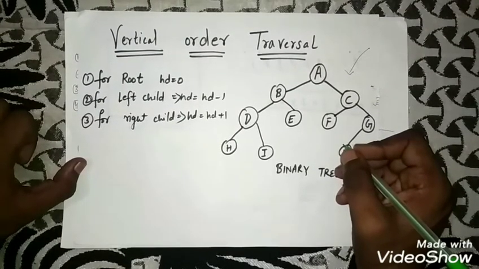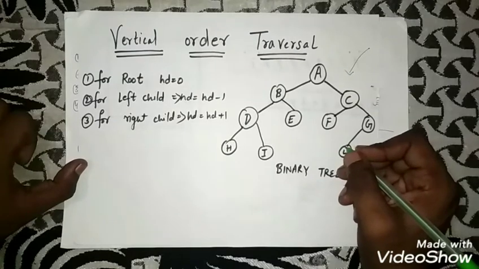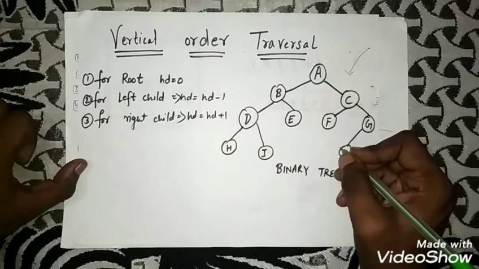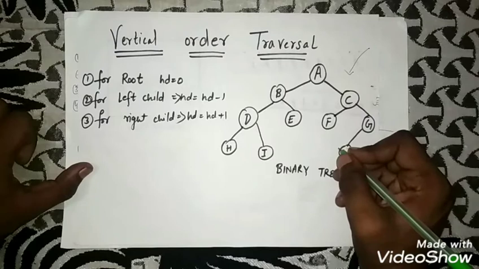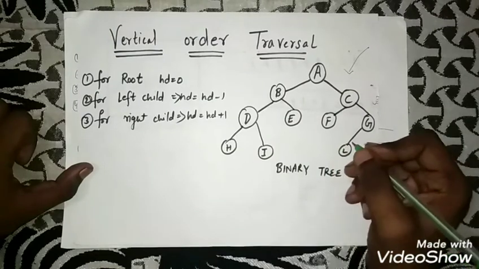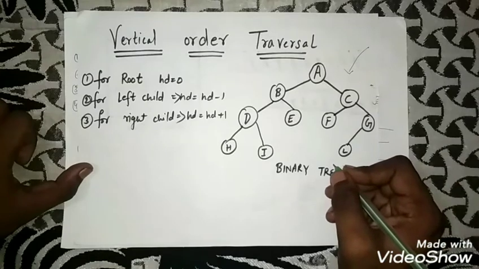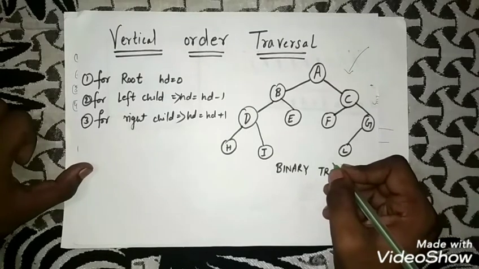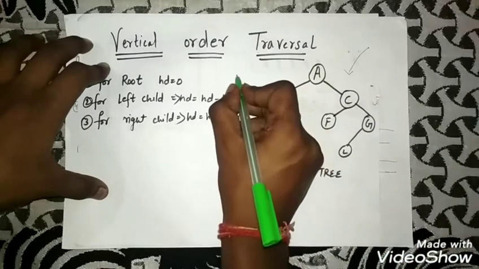In this video, we will discuss vertical order traversal of a binary tree. So basically, vertical order traversal is traversal of a binary tree along some vertical lines. Now, to find the vertical lines along which we want to traverse the tree, we have to calculate the horizontal distance of each node. Horizontal distance is the distance of each node from either side, either from the left or from the right side. For this tutorial, I will consider the distance from the left hand side. So I will consider the distance from here.